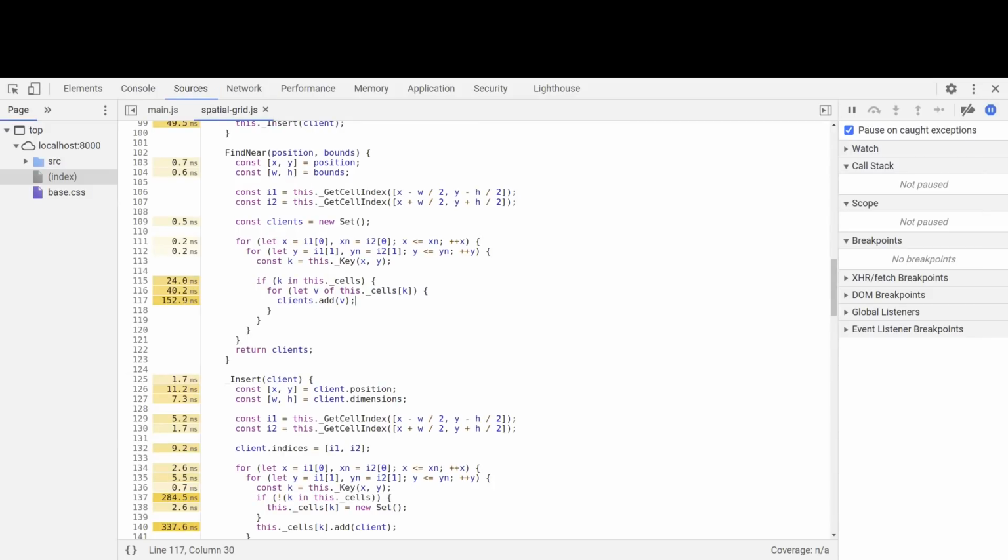But it has this side effect that when you retrieve the client from multiple cells, there's a chance of duplicates. The strength of a set container is that it guarantees that all the elements in the container are unique, which in this case is great because that means we can just add every client from every cell and the set will take care of making sure that we don't have any duplicates. But there's a slight downside in that it's not as fast as it could be,